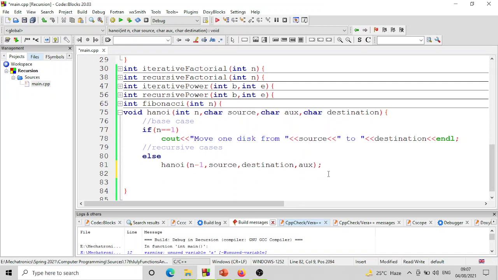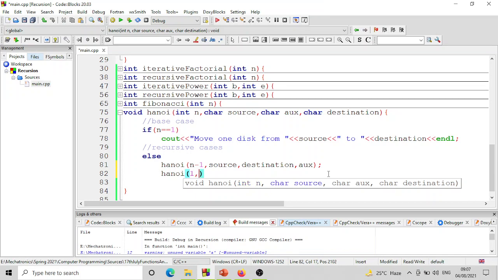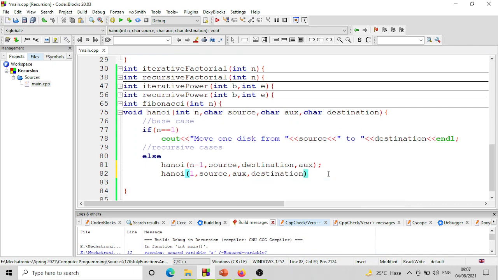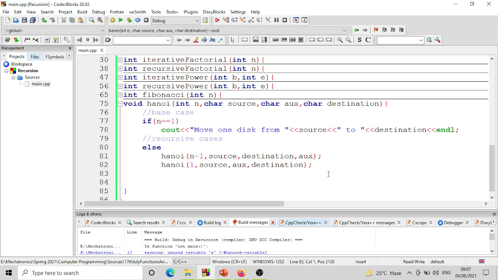अच्छा, next we have to move the largest disk. ठीक है, लार्जेस्ट डिस्क उसको मूव करना है। So लार्जेस्ट डिस्क को हमने कहाँ से कहाँ मूव करना है, हमने डायरेक्ट सोर्स से डेस्टिनेशन पे मूव करना है using auxiliary as auxiliary। ठीक है, so इसको हमने डायरेक्ट सोर्स से डेस्टिनेशन पे मूव करना है। And the third one is, you can either call Hanoi function with n is equal to 1 argument, or you can simply write this step कि cout move one disk from source to destination। ये दोनों काम कर सकते हैं, but let us make it this way।